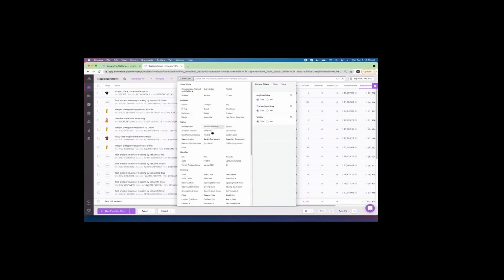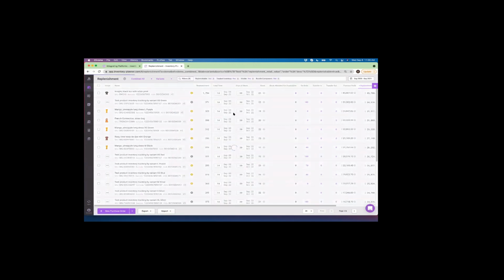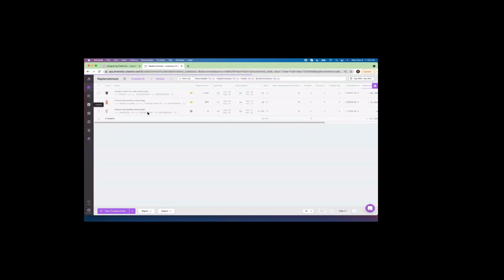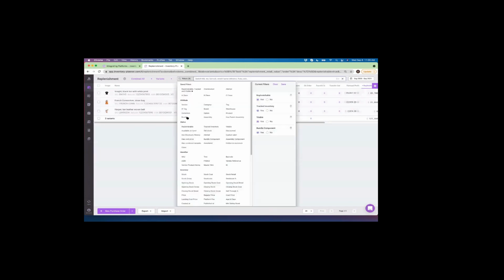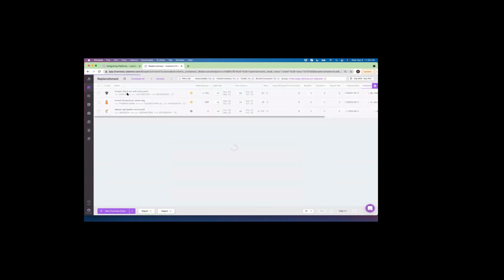So if I want to see my bundle components, anything that is a component of a bundle, I could apply that filter. I'm going to see my t-shirts, and also the components of a gift set that we have configured. Here's that t-shirt, or I can even see components of a specific bundle. So I'm in the variants view, and I add the filter bundle to look at components of a specific bundle. Here's that 5-pack. Here's my individual shirt. It's just going to narrow down to this one shirt in the table. And if I click the details icon open here,